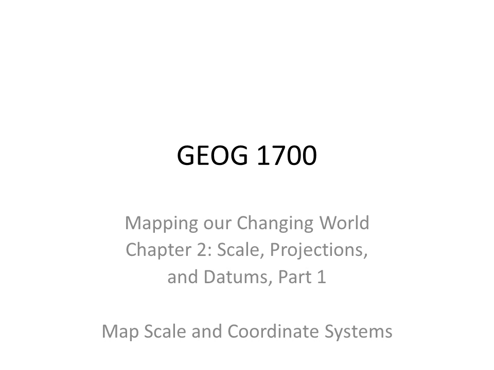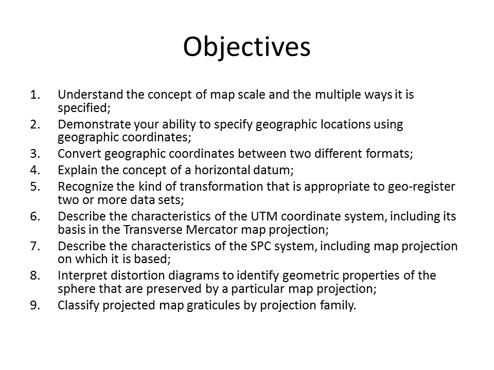In this chapter, we're really starting to focus on how we actually do map making and transform the three-dimensional globe to a two-dimensional Earth that we represent on a surface. There are several different objectives covered in this chapter, such as the concept of map scale and how it affects map projections and how we draw map projections, how we specify geographic locations using coordinates, how we convert those coordinates, how we understand the shape and size of the Earth and